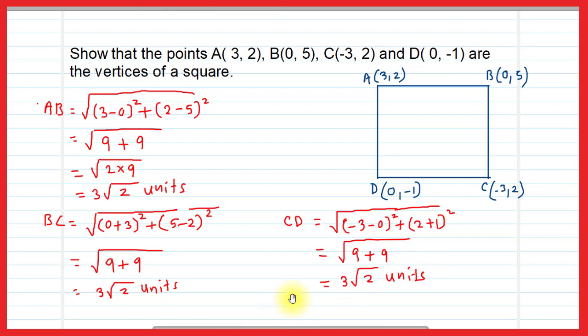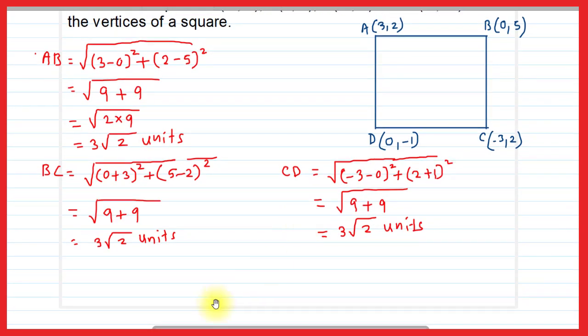Now here friends, we will find the distance AD. AD distance we will find. AD, it will be what? AD is equal to square root of (x2 minus x1) bracket square, that is (0 minus 3) bracket square, plus (y2 minus y1) bracket square, that is (minus 1 minus 2) bracket square, and if you solve this, you will again get it as